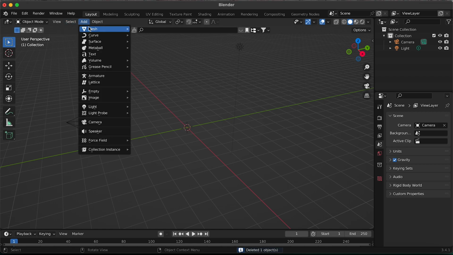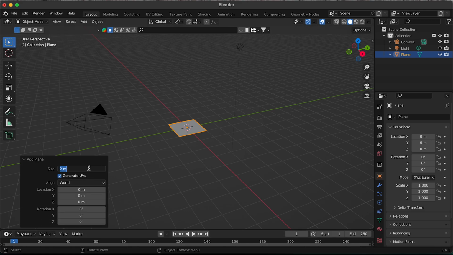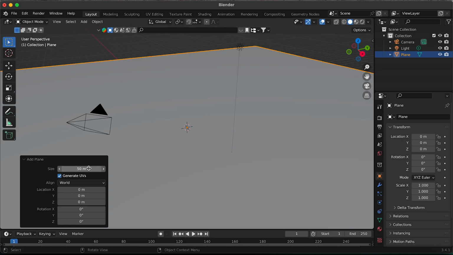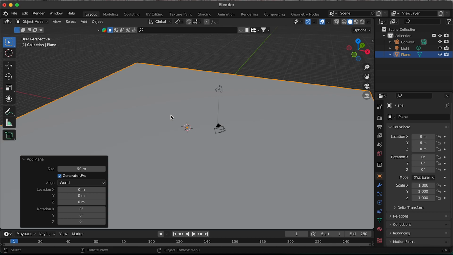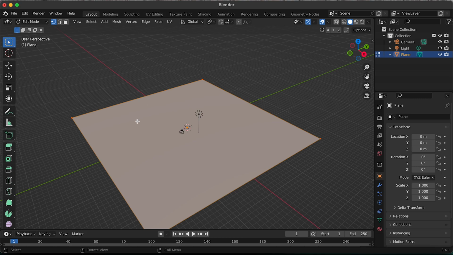I add mask blend and resize to maybe around 120. No, it's too large. 50. Okay, this looks good. Then we set to edit mode and click right,